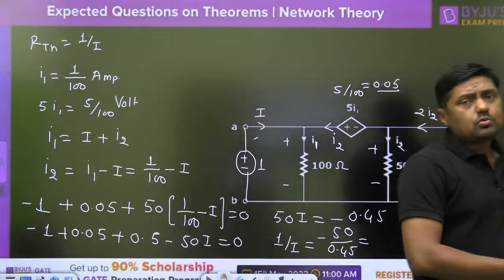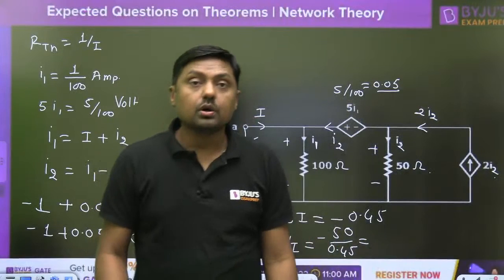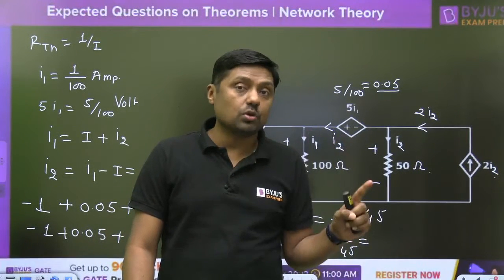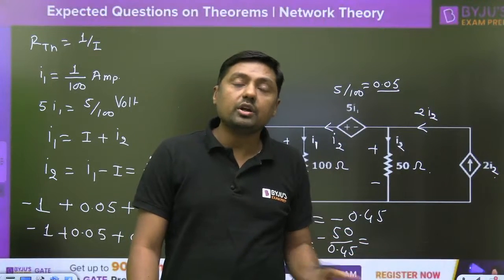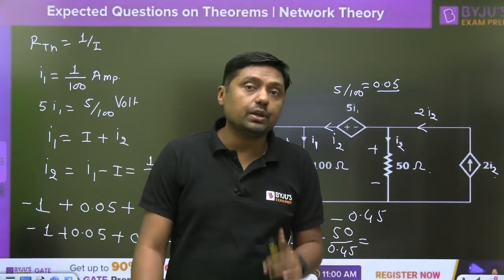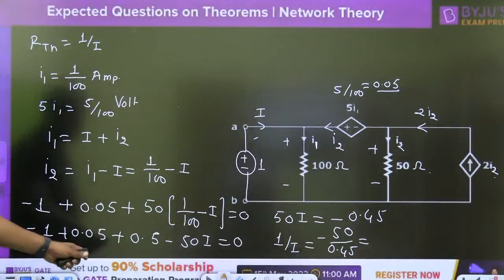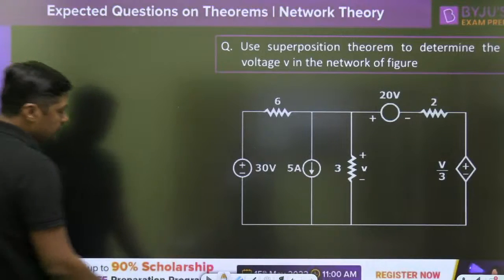So in some questions you are going to get the negative answer also, negative RTH also. If this negative RTH, already I have explained in Thevenin's theorem. Please watch my previous session on Thevenin's theorem. Already I have given, if suppose in a particular numerical we are getting the negative RTH, then what will be the meaning of that? So how to solve this type of questions? This is assignment for you.